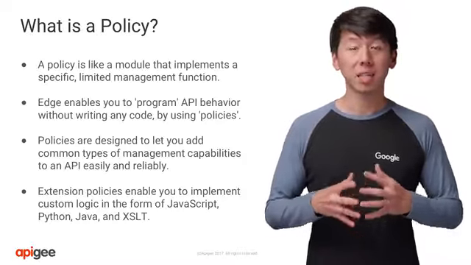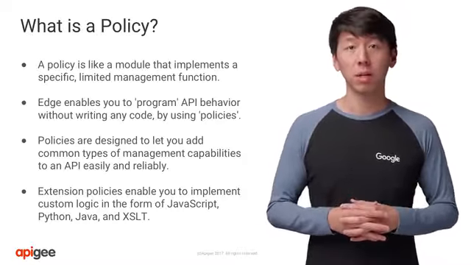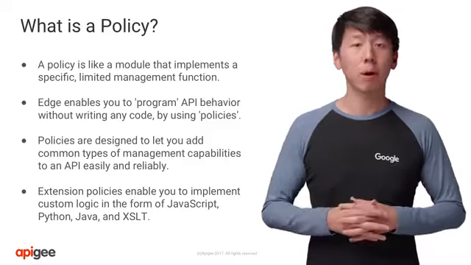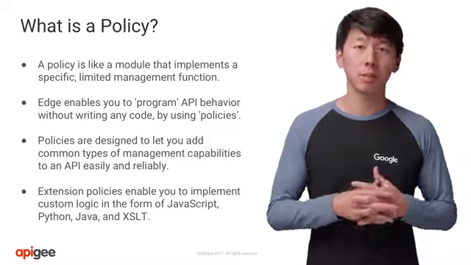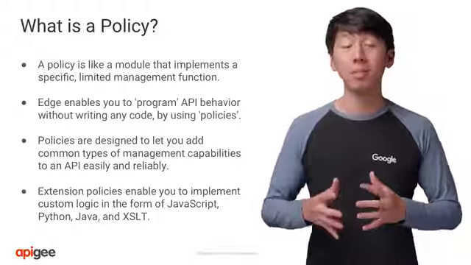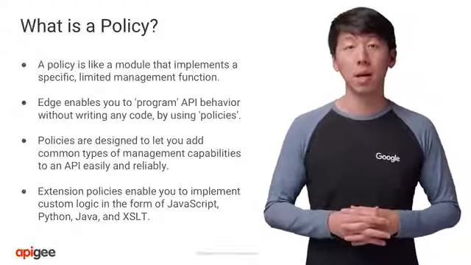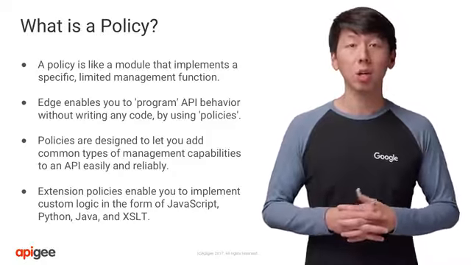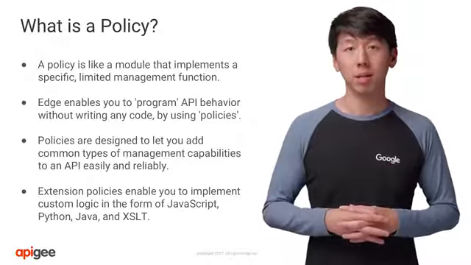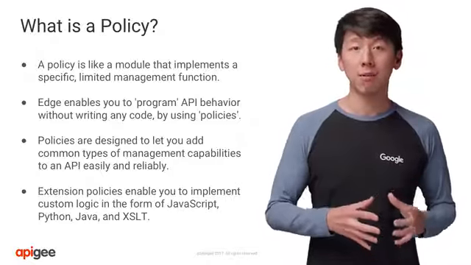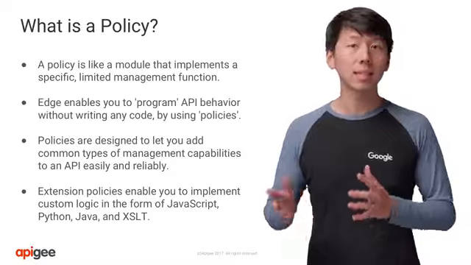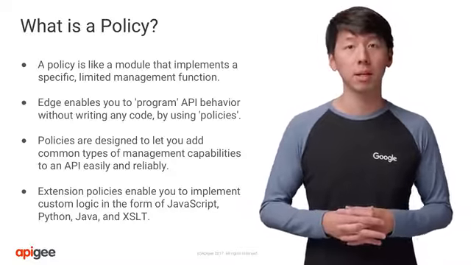Think of a policy as a configurable step in a flow. Say you want to create an API proxy that retrieves the details of a specific customer in a database based on their customer ID. A policy in this API could be the extract variable policy, which pulls the customer ID from the API URL and sends it to the target server for lookup.